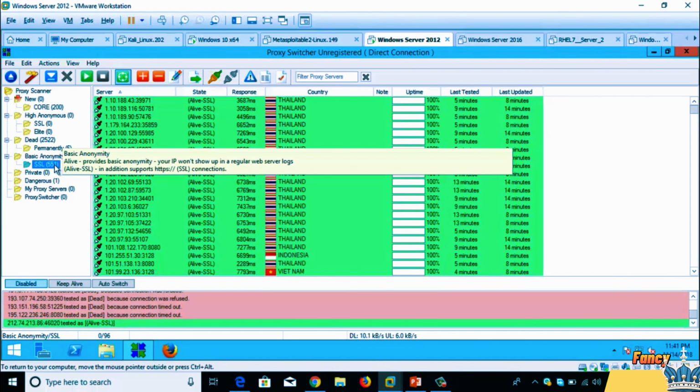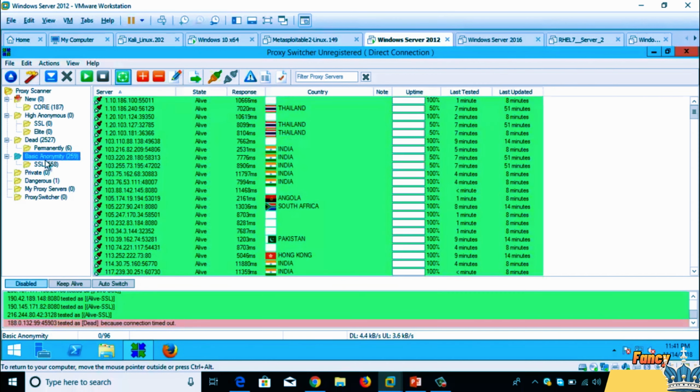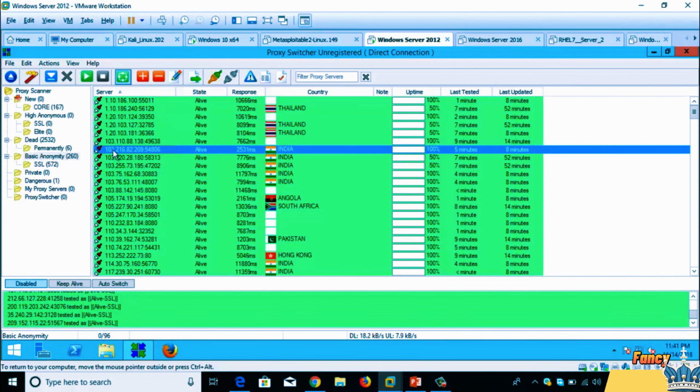And if you want to use an SSL based proxy server, just select any country. Like I have basic anonymity and I want to select an India based proxy server. Just select it and click on this icon. It will switch to the selected proxy server, and the IP address of the proxy server is